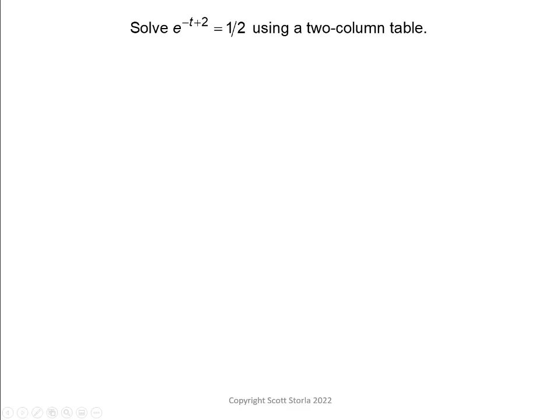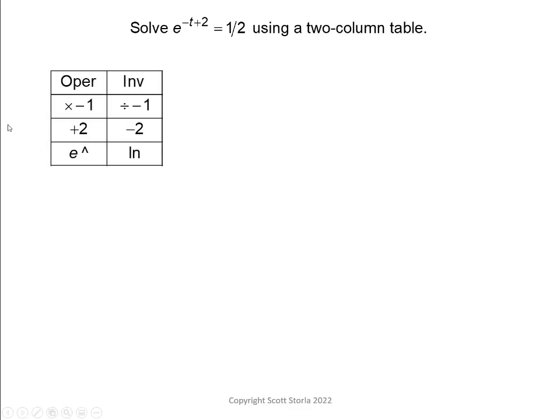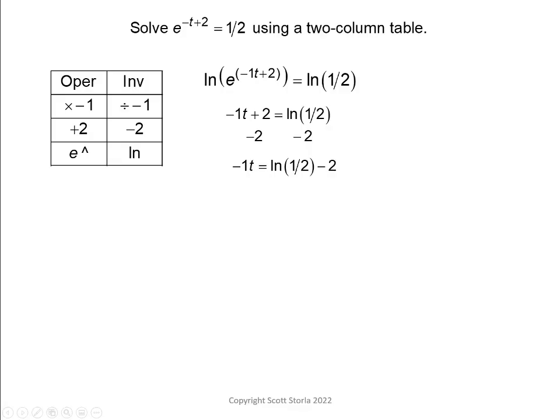How about here? If t was a value, I'd multiply by -1, add 2, and then find the exponential value. That means I need 3 rows. Here are my operators and my inverses. I'll start by taking the natural logarithm of both and simplifying, then subtracting 2 and simplifying, and finally dividing by